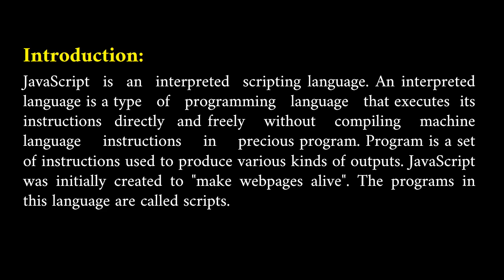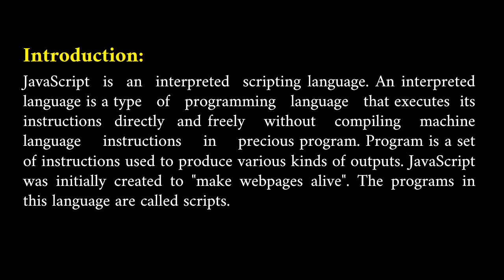Means while compiling, the source code will be compiled into machine code and the computer will show the errors. In this programming language, the program is not going to show any errors; you have to find out the errors yourself. This JavaScript works within the HTML program. The way you write the HTML program, in that HTML program only we are going to write the script language. So that's why it is called an interpreted scripting language.